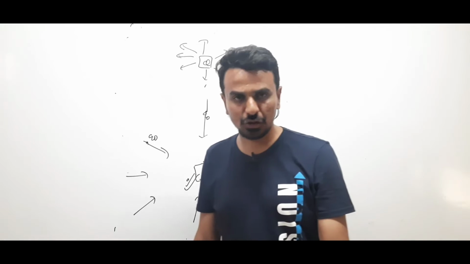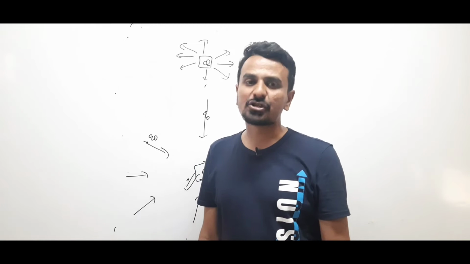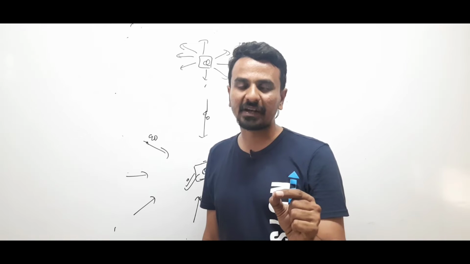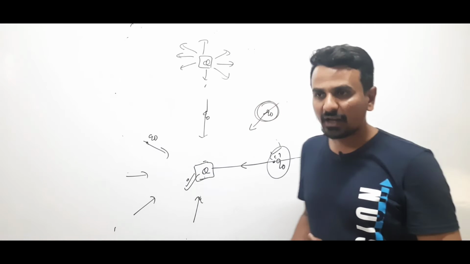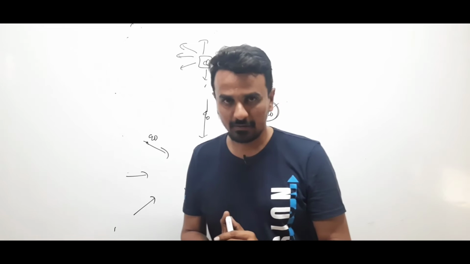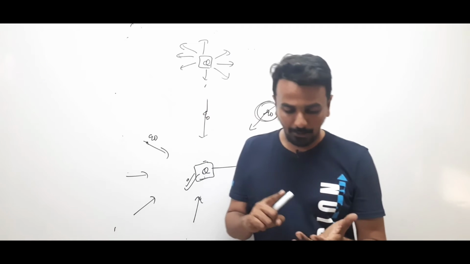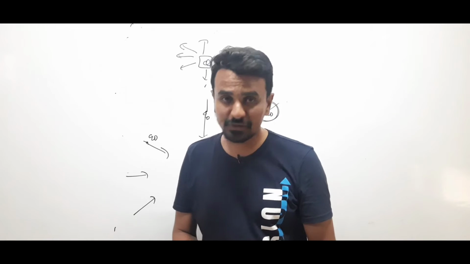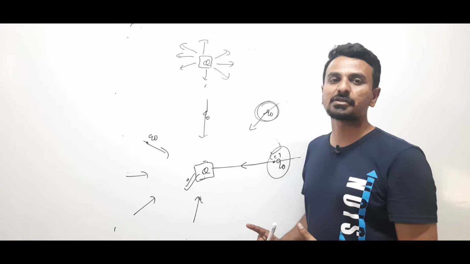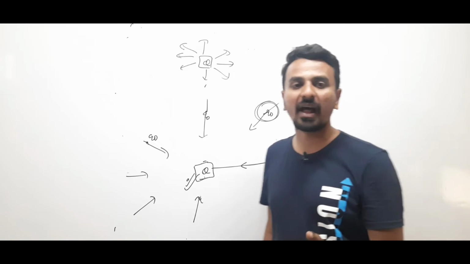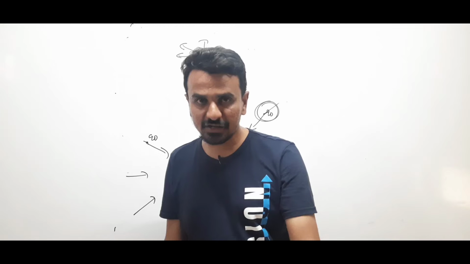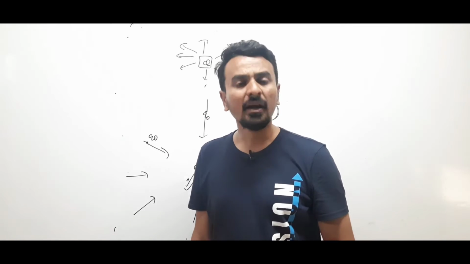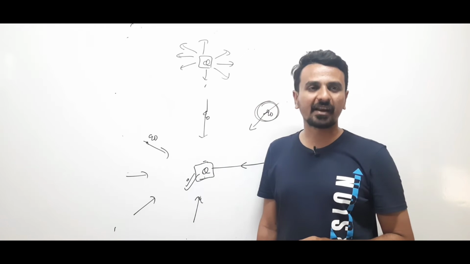So students, one thing is sure: for a positive charge the direction of electric field is radially outwards. For a negative charge, the direction of electric field is radially inwards. Clear? So now we have understood the direction of electric field. First we understood the definition of electric field. We saw the different names of electric field. We have also seen the directions of electric field. For a positive charge, electric field is in the radially outward direction, and for a negative charge, electric field is in the radially inward direction. Clear? Now how to find the magnitude of electric field?